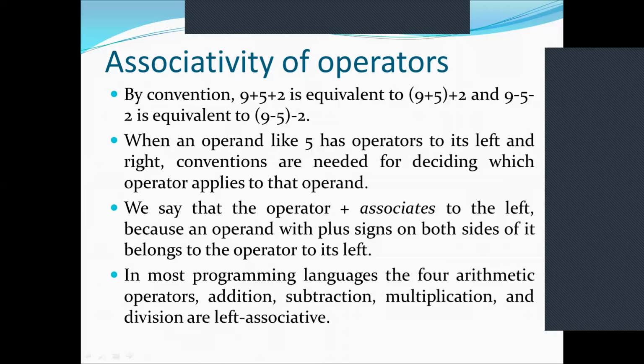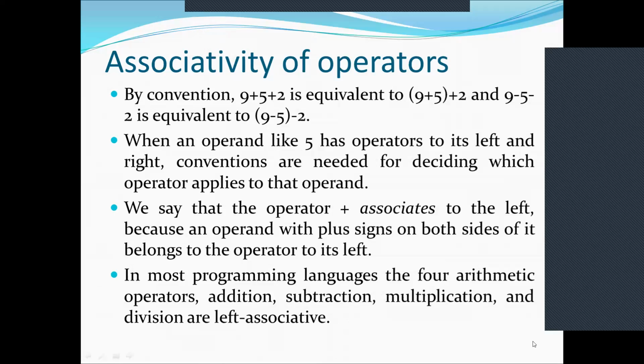Associativity of operators. By convention, 9 plus 5 plus 2 is equivalent to (9 plus 5) plus 2, which is 14 plus 2, which is 16. And 9 minus 5 minus 2 is equivalent to (9 minus 5) minus 2, which is 4 minus 2, which is 2. So there is no ambiguity in this. This is an absolutely clear cut value. When an operand like 5